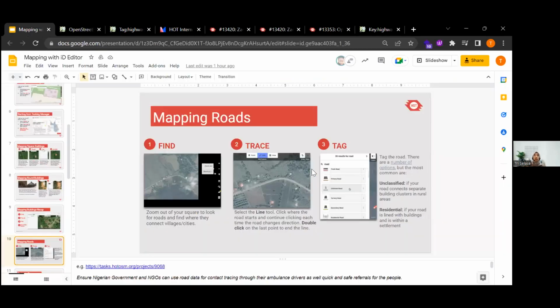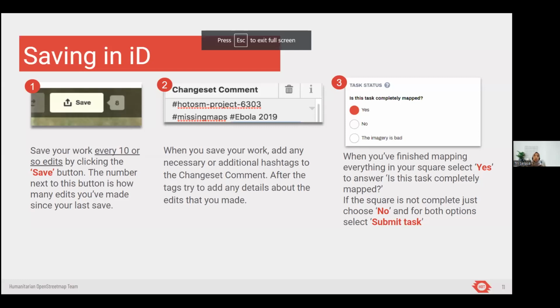In the iD editor, we need a stable internet connection, so we need to be connected to the internet all the time when mapping with iD. It's quite different from JOSM. Once you've loaded the data or the tile, it's not using your connection again unless you want to save. But in iD, you need to be connected to the internet all the time. So it's important to save regularly, maybe